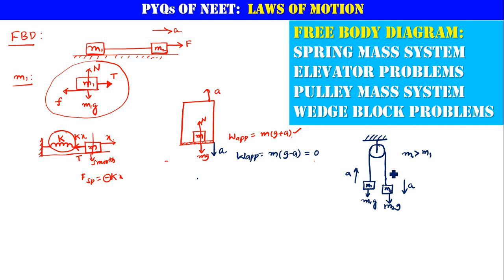Now what else here? That's about m1g downwards. And what about the tension here? Tension T is always acting away from the body, and we are considering this string to be massless. If the string has mass, then it will be a separate case actually. Yes. So if you can see the free body diagram, this will be the free body diagram of mass m1, and this will be the free body diagram of m2.